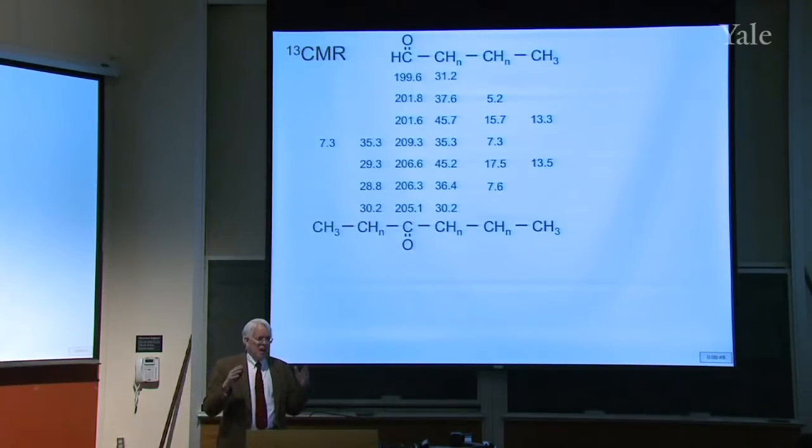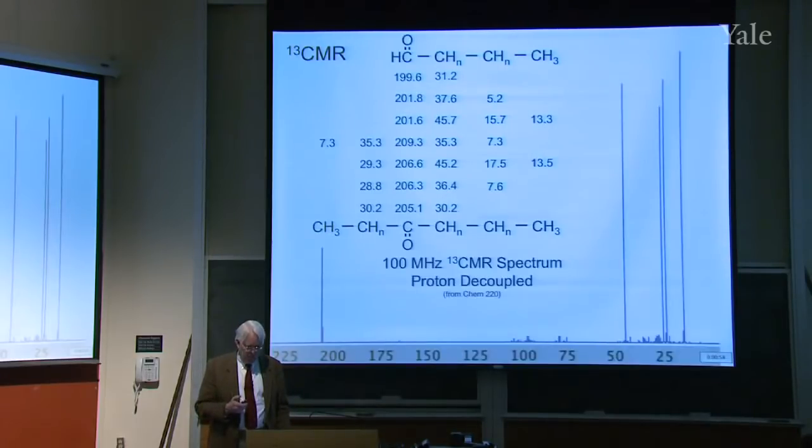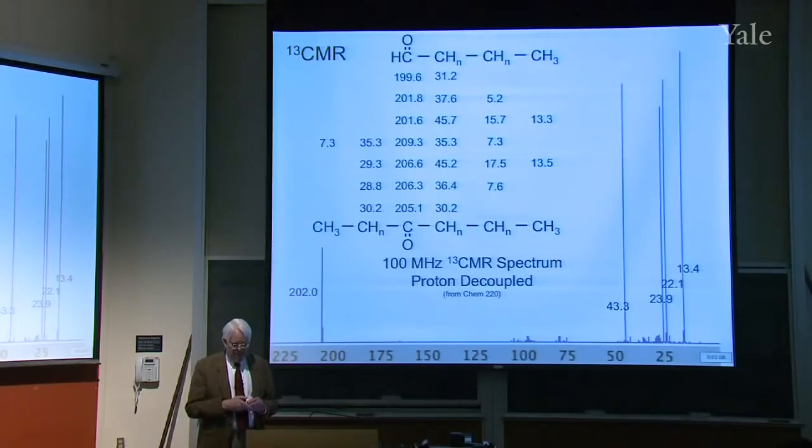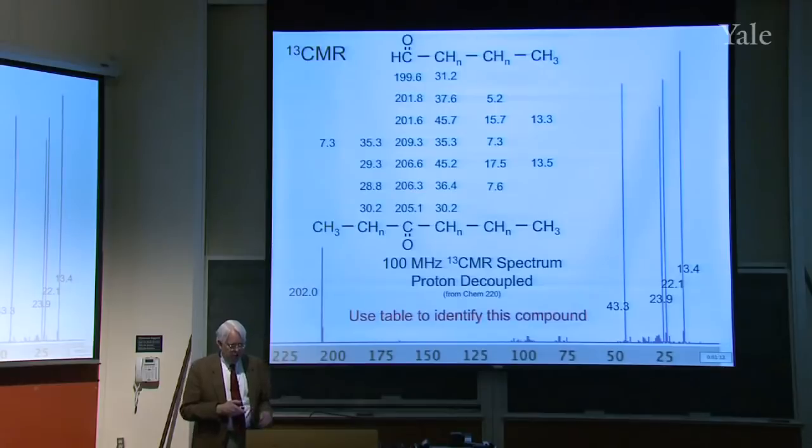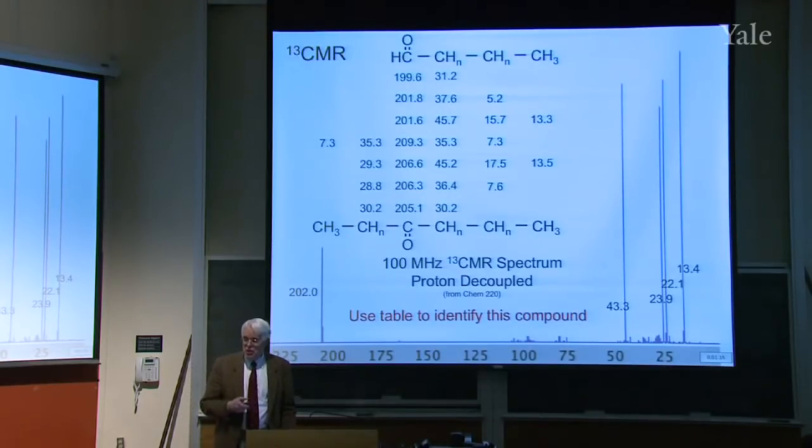Now, with that empirical evidence behind you, I want you to figure out what this CMR spectrum is of, and which peaks are which. That's taken from that Chem 220 problem site that we've mentioned before. So there are the values of the chemical shifts in this proton decoupled CMR spectrum, and use the table to identify what each of those carbons is, okay? And in the process, you'll figure out what regularities there are within this table